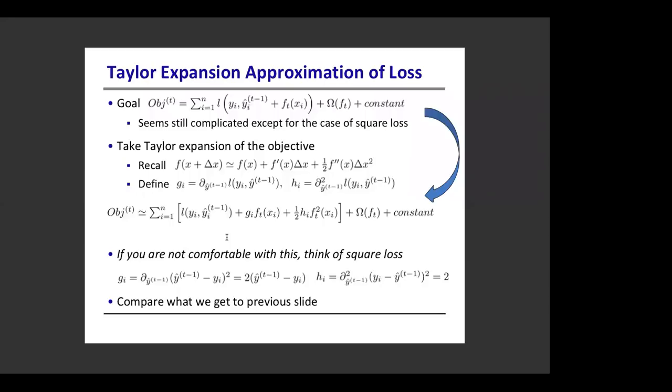Yeah, I'm coming to that, Tanmay. So here, what we're doing is, this is x and this is delta x. So we are expanding this series with respect to this x. We are saying that the first derivative of the loss function with respect to yt minus 1 will be computed, and that's what we are calling g. And then we are computing the second derivative of the loss function with respect to this, because this is our x, and